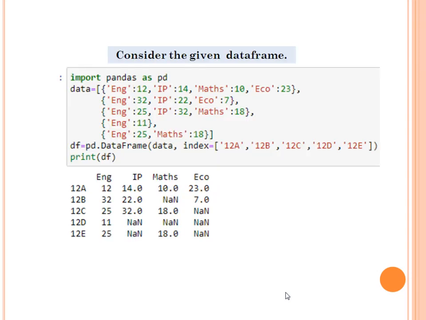So for the whole video, you have to consider this data frame, and this data frame contains the number of students of each subject in each class, like 12th A, English 12, IP 14, Maths 10, Eco 23. 12B number of students, 12C, 12D, and some NaN values are also there, and 12th E number of students with some NaN values in some subjects. Clear? So we'll see how we have to handle that.